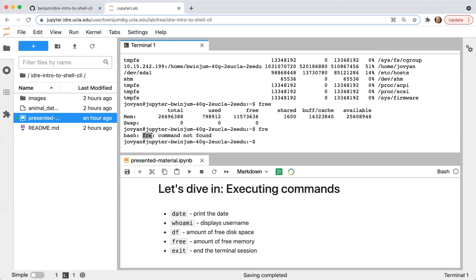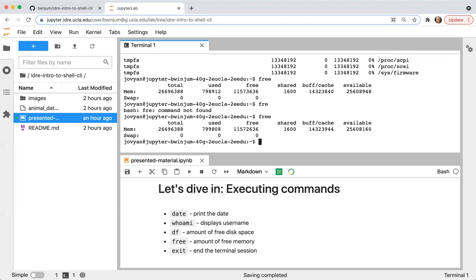And then it tells us what it's complaining about, which is the fact that we only typed fre. And then it tells us why it's complaining. It tells us the command was not found. And so in this case, it would be clear to us why this is returning an error. It's just that there is no such command. If I hit the up key, I can get back to that command, and I can type the e again. And when I hit enter, then it just prints the standard output again.